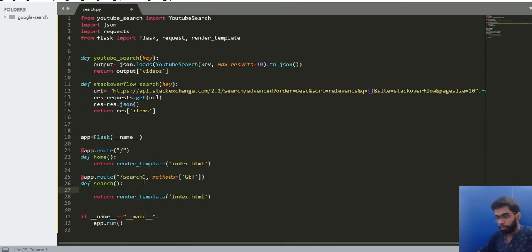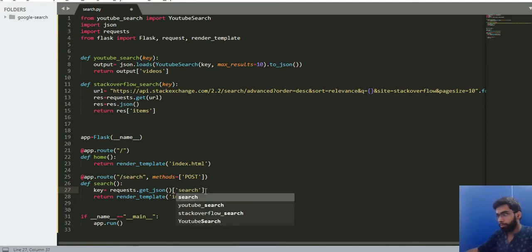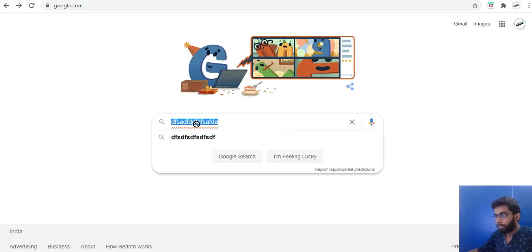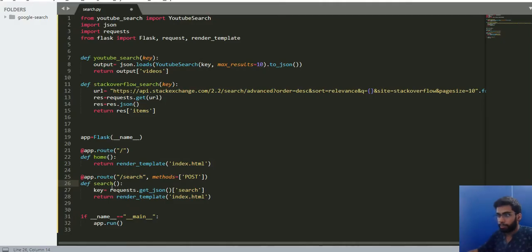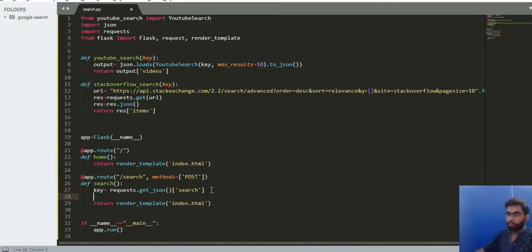This should do basically two things. Let's write the pseudocode first. This should first call my functions. It will give me the key also, right? This key will be passed on in my request JSON. Now request JSON should have, let's say, search. So whatever is written in this search window, I should get as my key, right? So the first function this search should execute is to call my YouTube search. All right, youtube result is equal to YouTube search, and I'll pass on the key.